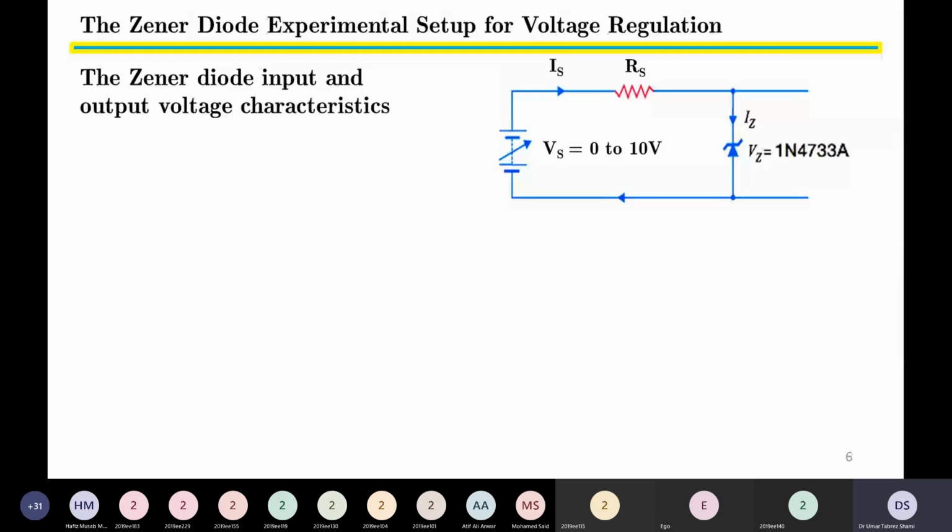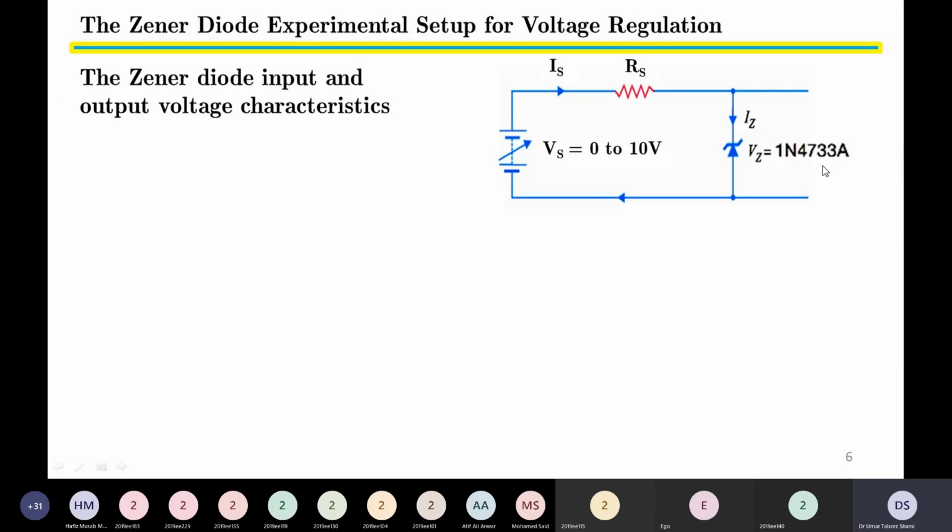And now we will conduct a very simple experiment for voltage regulation. In this experiment, we will discuss how the Zener diode responds as we change the input source voltage. So let us discuss the circuit first. We have a variable output power supply Vs. This variable power supply is external and the voltage can be changed from 0 to 10 volts. Then we have a resistance Rs. This is a series resistance and it will limit the current flowing into the Zener diode. And then we have a Zener diode having model number